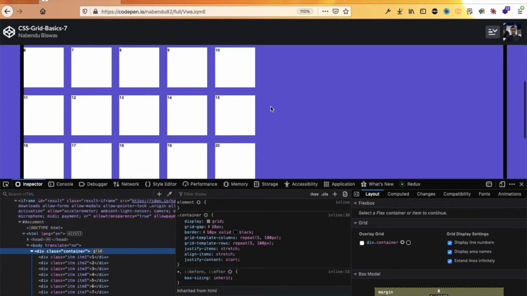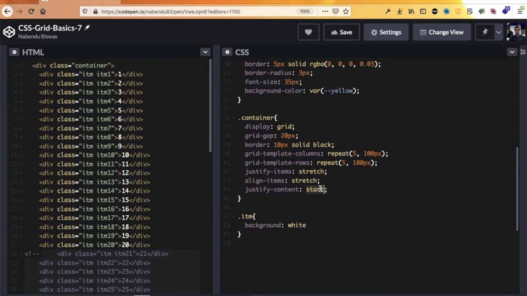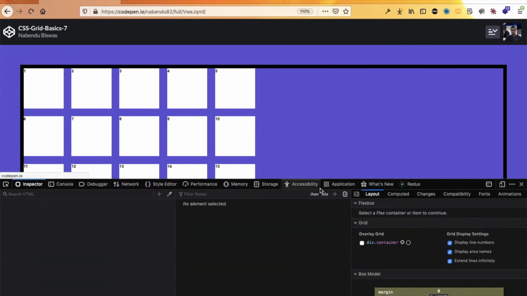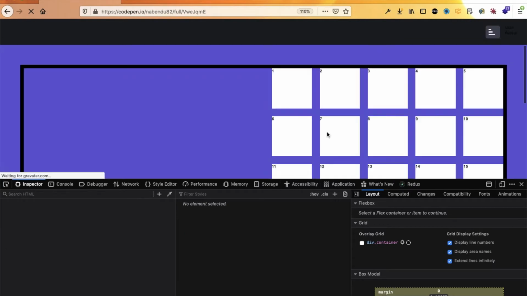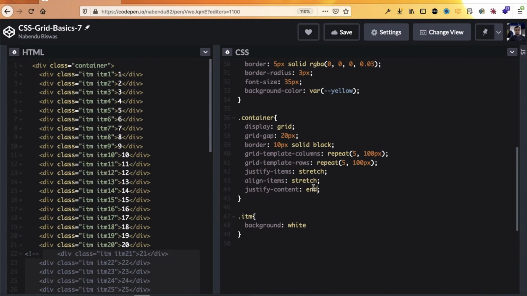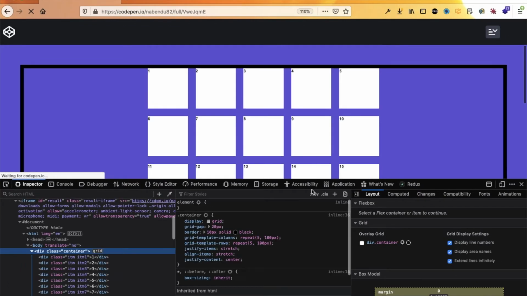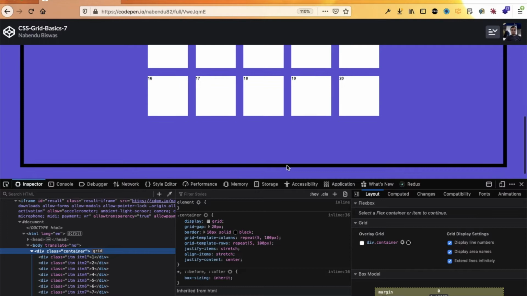Because justify content is from left to right, if I give start, it will come here, in the start. As you will see, the end: save it, refresh it. Yeah, it will come to this end. As you might have got, center will bring it to the center,